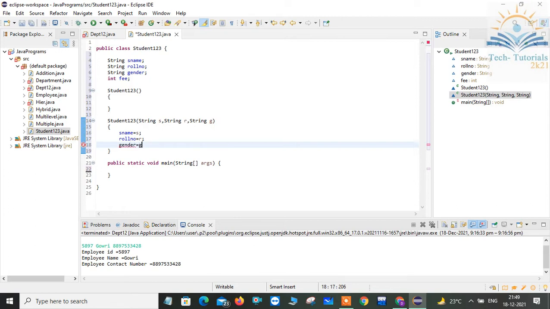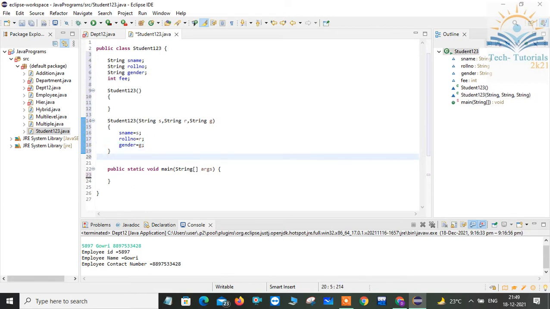So by this constructor I'm trying to assign these three data member values, and again I'll take one more constructor, like student123. This is also a parameterized constructor because I'm passing some parameters here.